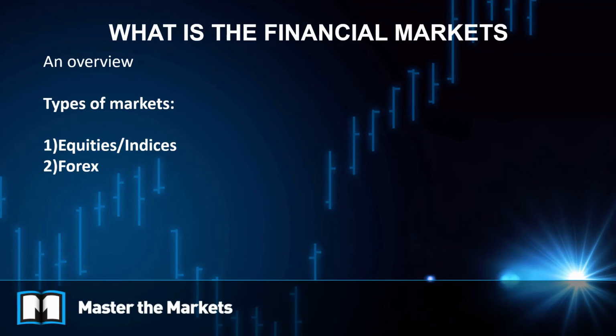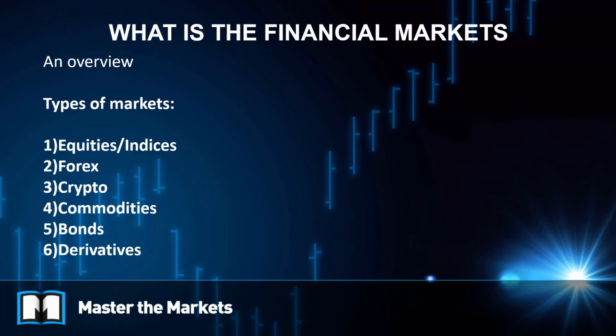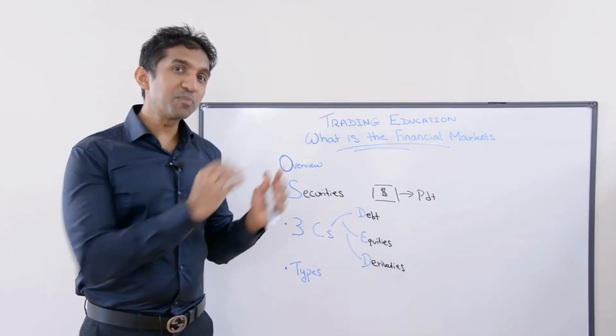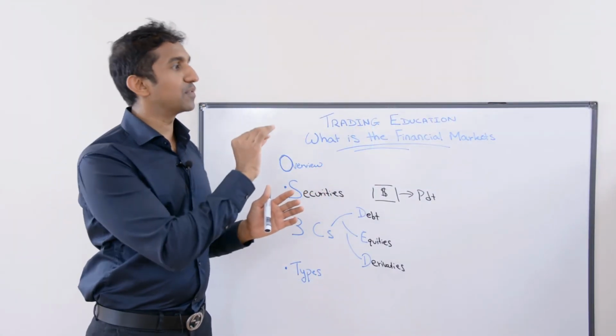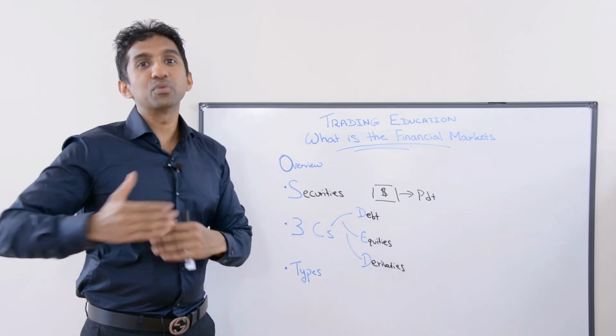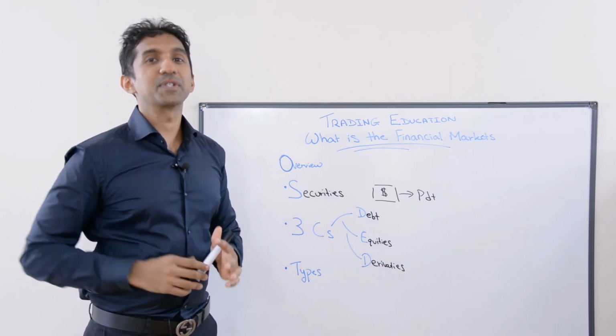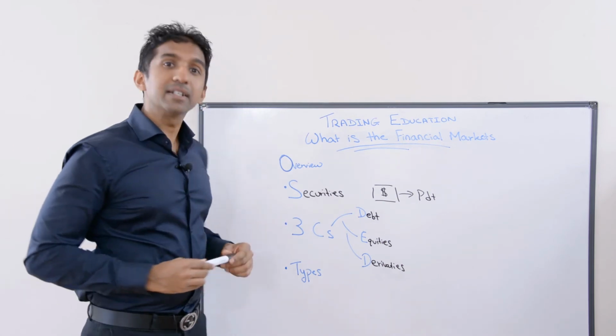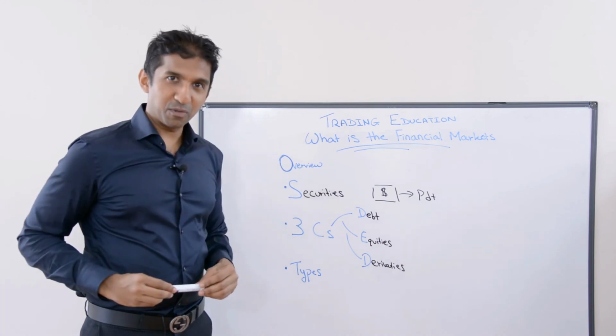Then we have more recently, this was introduced, which was the crypto market, more virtual currencies. And we got the commodities markets. Then we have the bonds. And finally, just like in the securities, as we have mentioned, the derivatives markets, the futures, options, etc. We're going much more in detail in each of the sub-modules that we're going to be looking into in the next videos. I trust that you've enjoyed this one, and I'll see you in the next following modules.